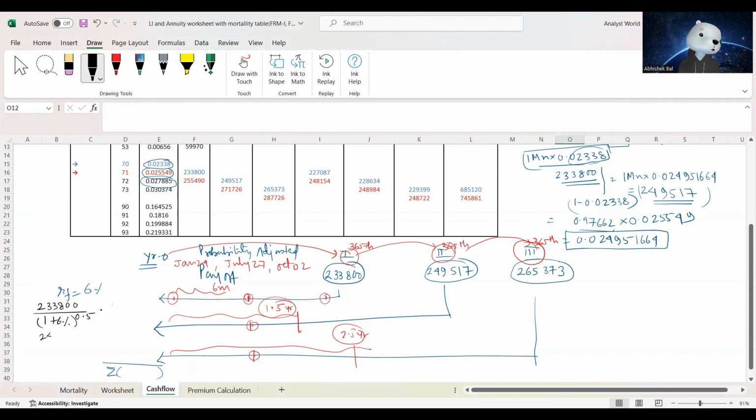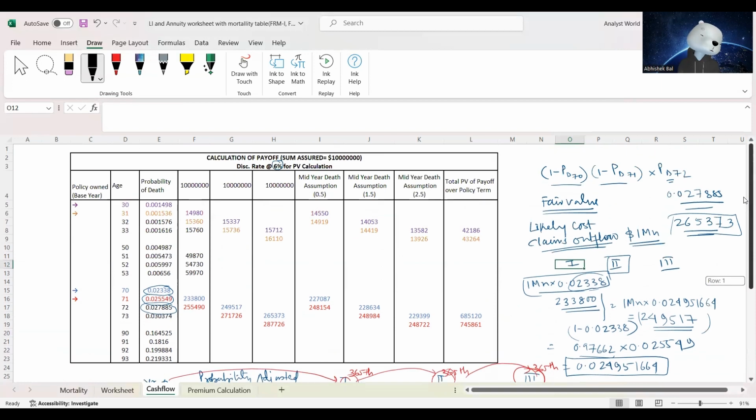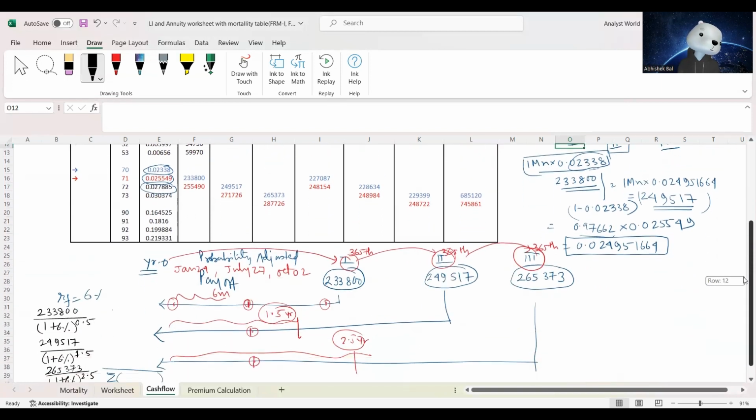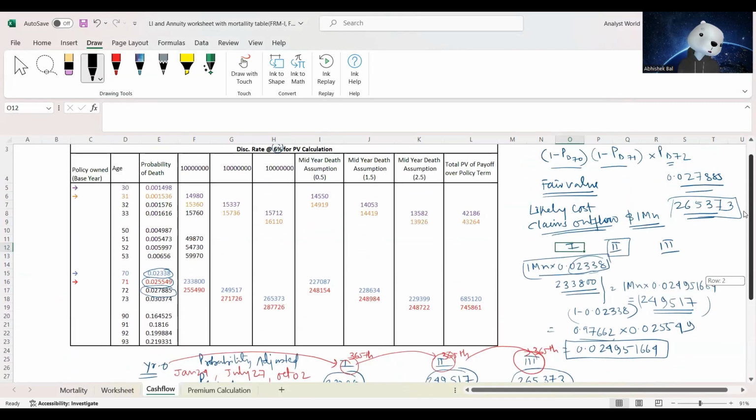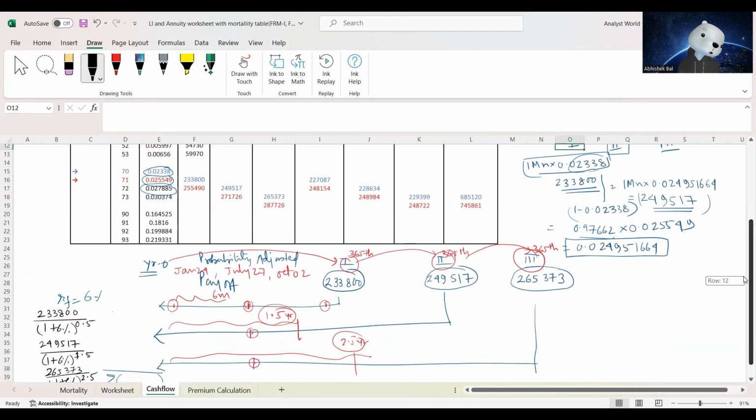Similarly, the one out here, 249,517, when we discount at 6%, we assign a power of 1.5, and the last cash flow, 265,373, when we discount at the rate of 6%, we assign the power of 2.5. So if we do this math,